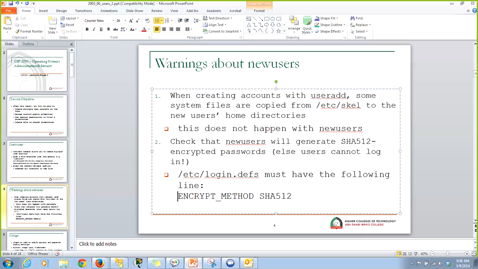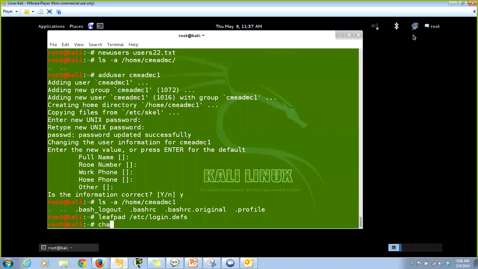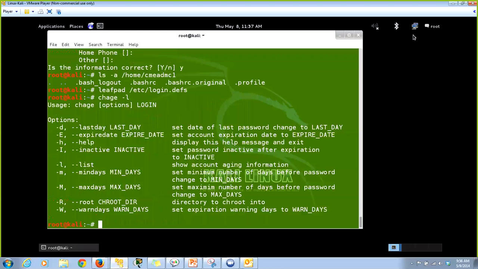Now move to the next slide. Chage. The chage command is used to modify account and password expiry settings. So if you do chage -l, this one will give you all the settings. It's better to use this one if they ask you to change the account settings for the user in one command, only one command. So you have to know